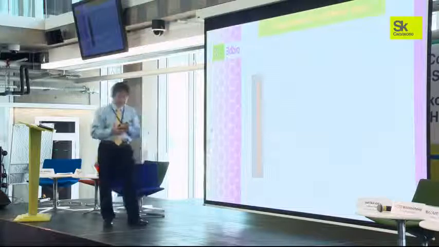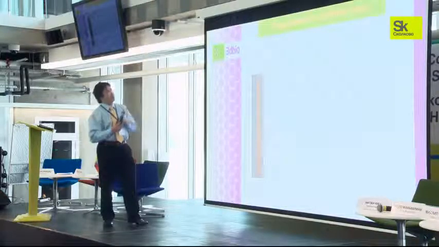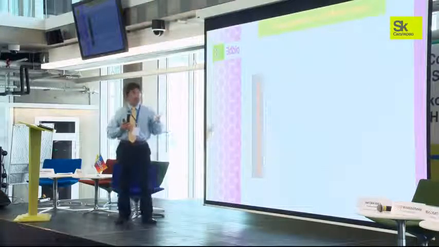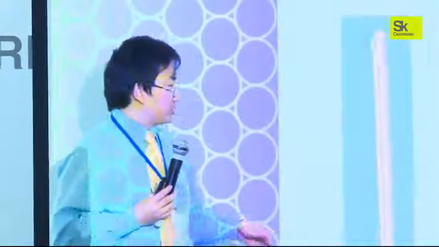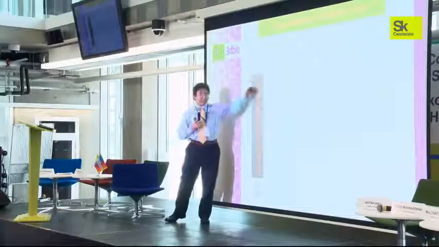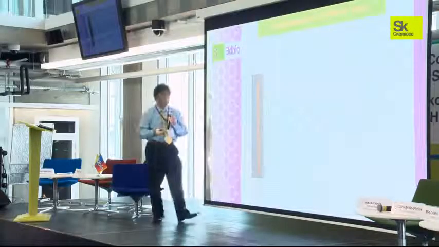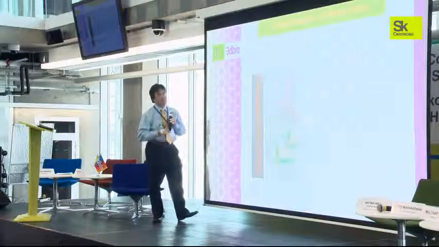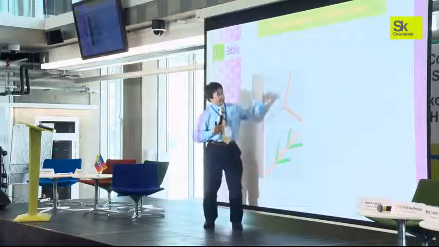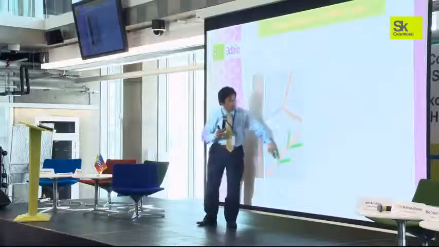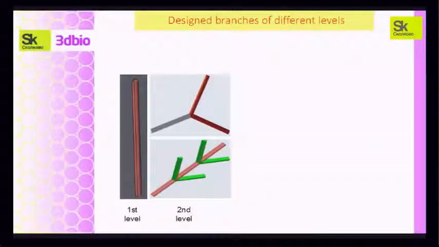Whatever. So let's talk about the different structure of the tissues in the body. If you look at the vasculature, basically you can have different levels. The first level is basically just a straight line. The second level probably has some branches, like a Y shape. Either multiple branches spread out, or also you can have a third